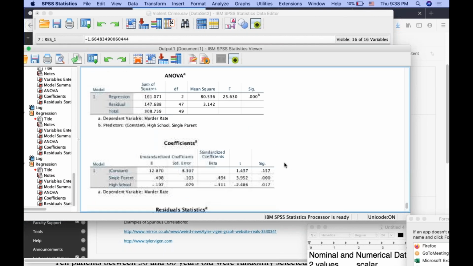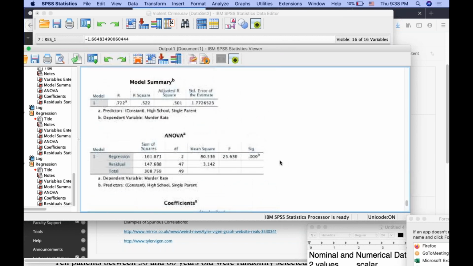Okay. Oh, well, look at that. Now, when we did this, this is a better predictor, this formula. And now what does this formula look like? This formula now has two variables in it that are independent variables. This formula now looks like the murder rate, murder rate is equal to the